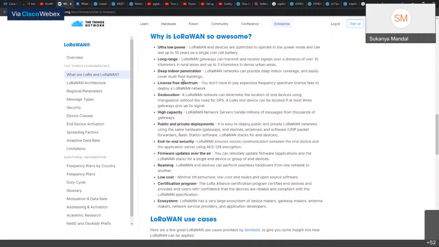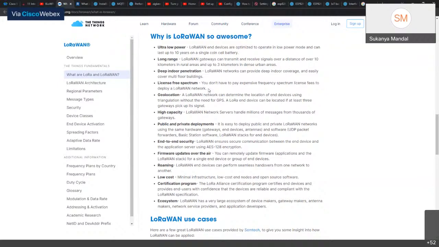Then deep indoor penetration. When you have multiple walls and the device needs to communicate through walls, LoRaWAN is capable of doing that. Sometimes you see when you use Wi-Fi and you have multiple walls, then in that case the Wi-Fi signal gets hindered. LoRaWAN, on the other hand, is capable of going deep in terms of indoor coverage.